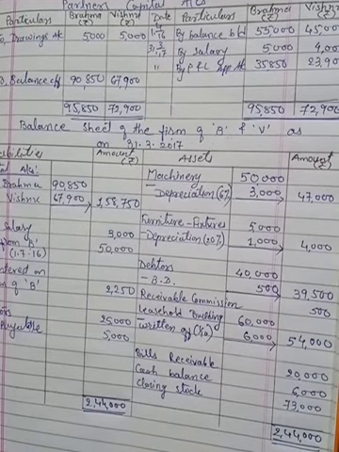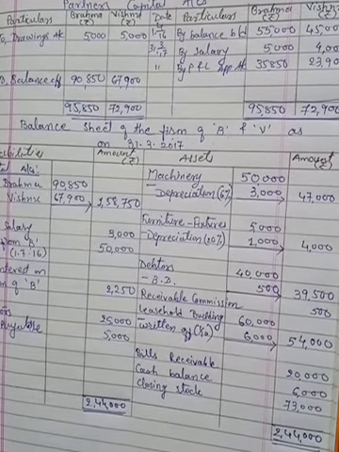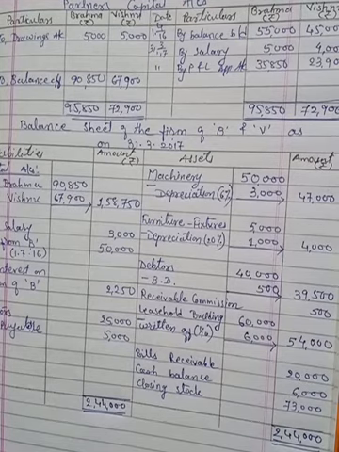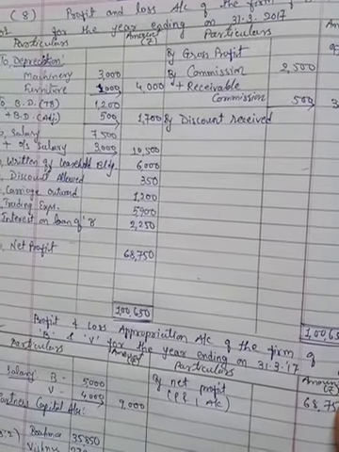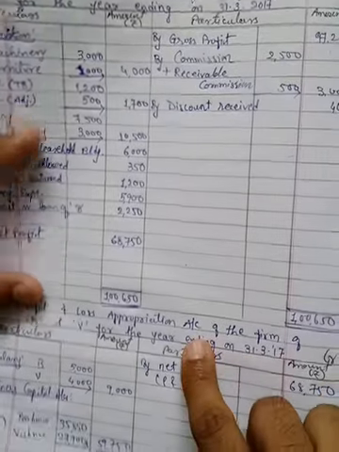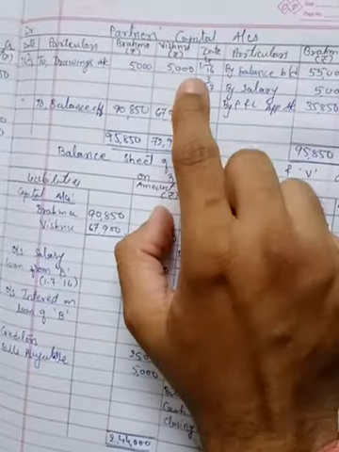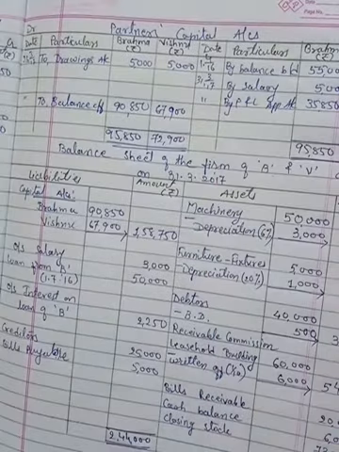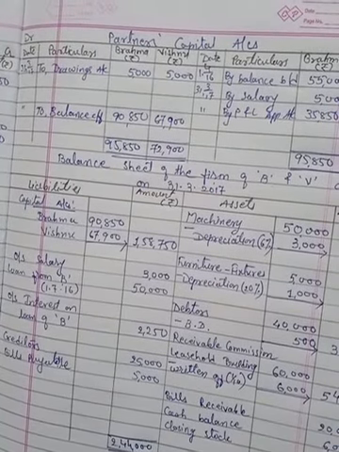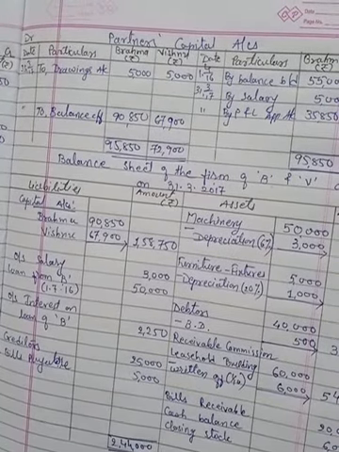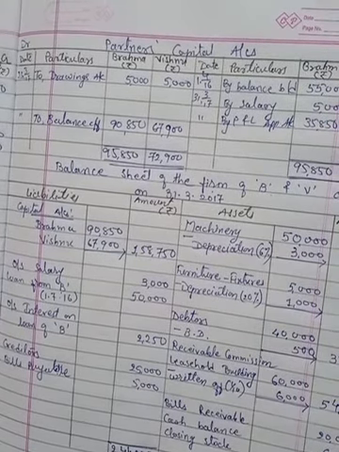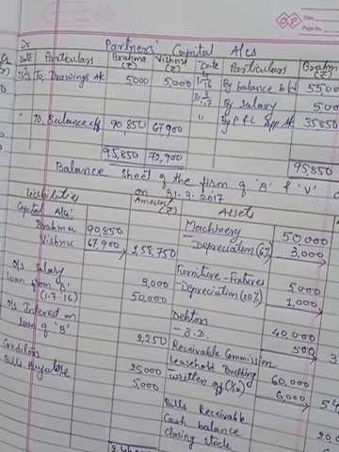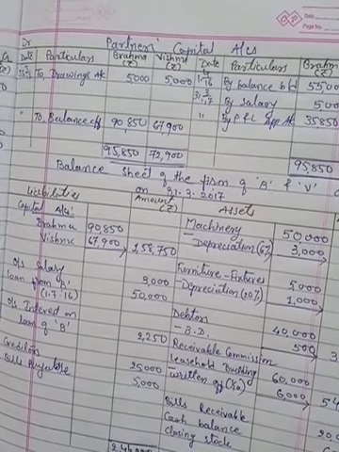Okay, so this is what we have to follow while solving the sums regarding partnership firm final account. We all know the common procedure, we have done it in 11th standard also, but the only new part is this profit and loss appropriation account and also this partners' capital account. Both these accounts we learned in the first chapter, in the partnership introduction, right? That is only the basic thing we learned there, which is now useful over here, as well as in the next chapters. So this is what we have to do in this final account.